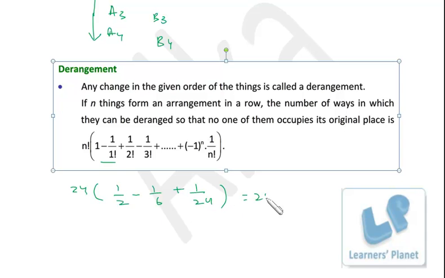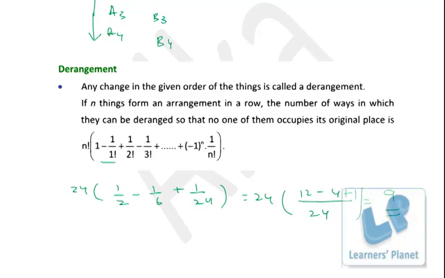So precisely, 12 minus 4 plus 1. So this is actually 12 minus 4, 8, plus 1, 9. So in all there will be 9 ways